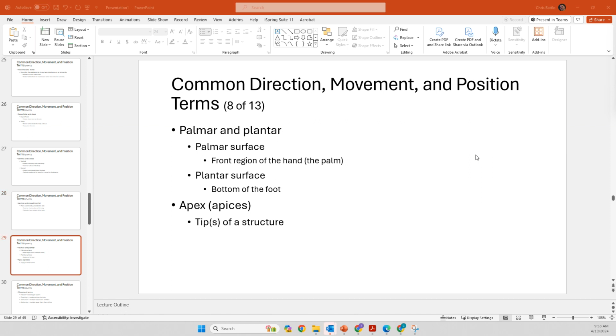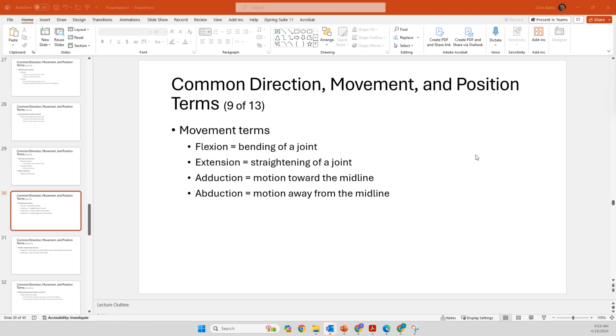Palmar and plantar, you're thinking about the hands and feet there, versus the apex, which is the tip. Here are some others. Movement: flexion, the bending of the joint, extension to straighten, abduction and adduction. Adduction is to increase or move toward the midline, abduction to take away from. These are ones that you'll need to be very familiar